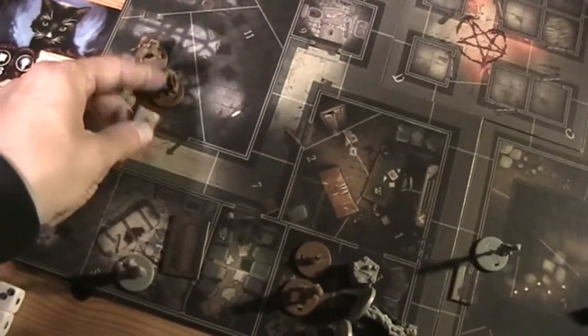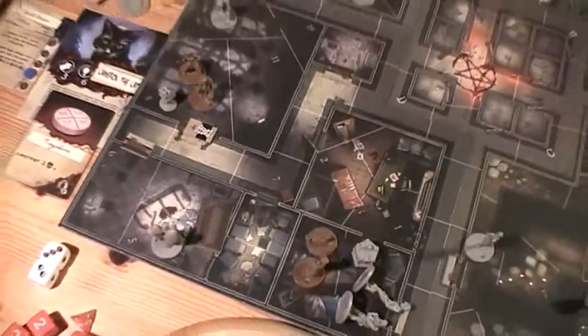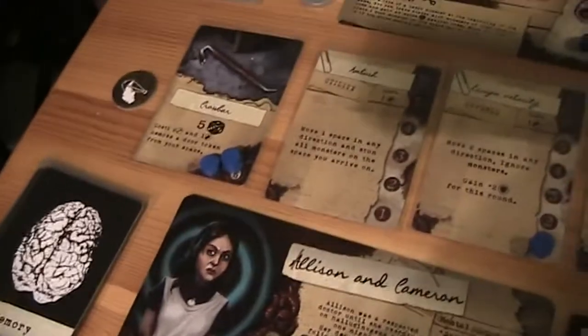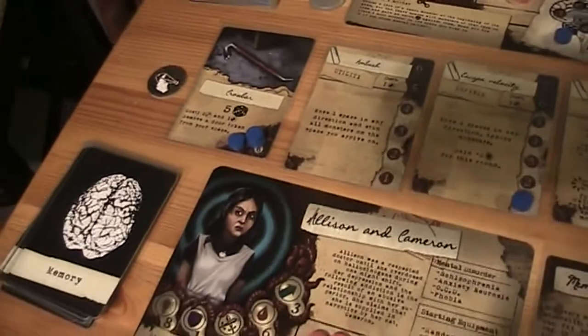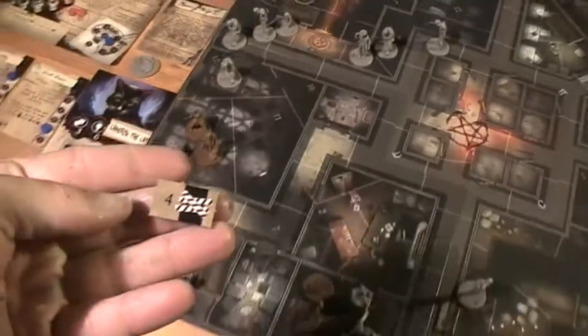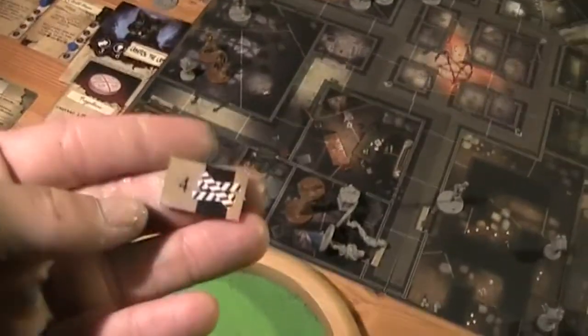Oh shit. Ah shit, that's a problem. That's a 4. Okay. That would mean this time it's not a locked door, but the door is barricaded. That means I could either spend 4 actions